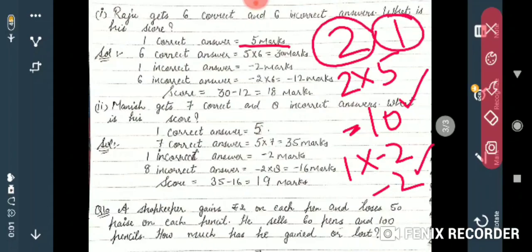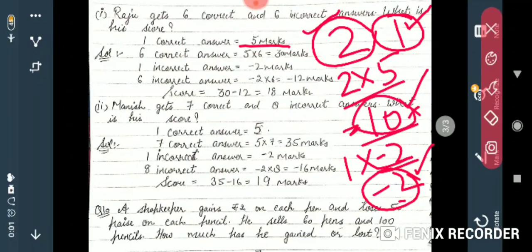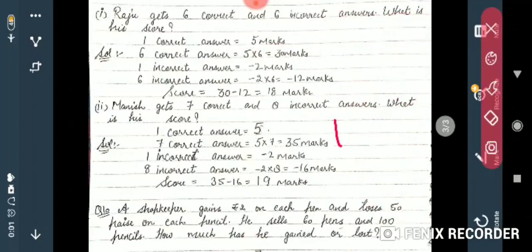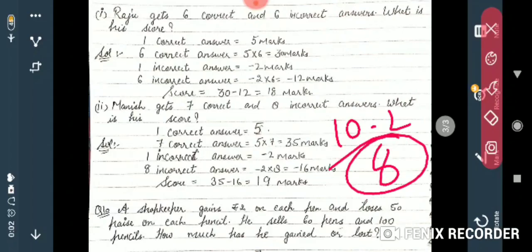Suppose in your maths test, you have attempted 3 questions. Now I will tell that for every one correct question, I will give you 5 marks. Now you have attempted only 2 correctly. So how much marks you will get? 10 marks? Yes or no? But your one answer is incorrect. So I told that if your one answer is incorrect, minus 2. So how much less you will get? Minus 2. What was your score? 10 for correct answers. For incorrect answer, minus 2. So what you will do? 10 minus 2. Total how much you have scored? 8.